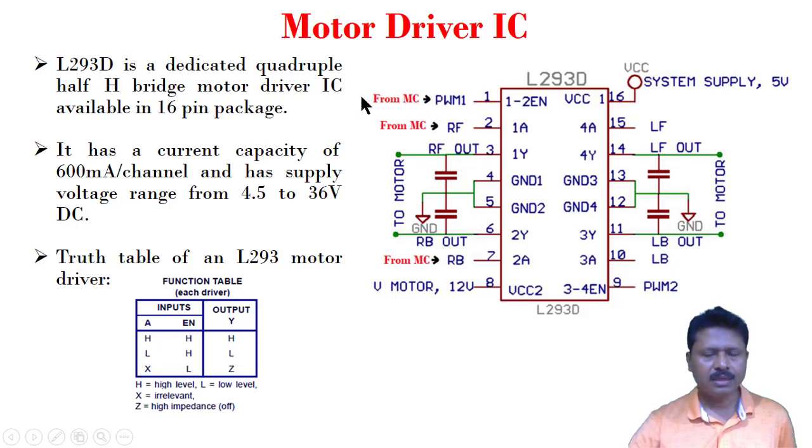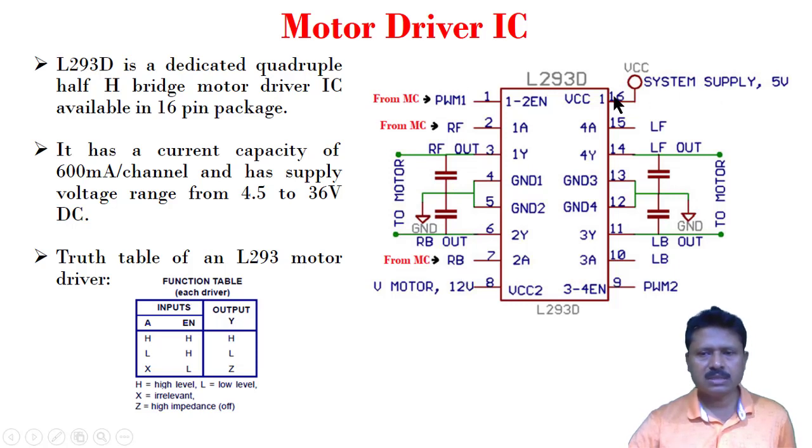So if we want to change or control the speed, the pulse width signal should be connected to logic 1. And if we run the motor at a particular fixed speed, then also this terminal should be connected to logic 1, meaning this terminal will be connected with the positive supply. If I want to run at constant speed, that is, not controlling speed, in that case terminal number 1 must be connected with a logic 1 signal, otherwise the whole system will not work and the motor rotation will not work. So this is the function.